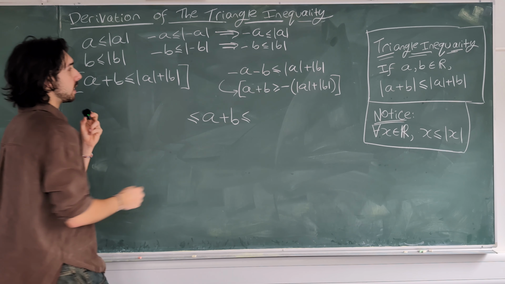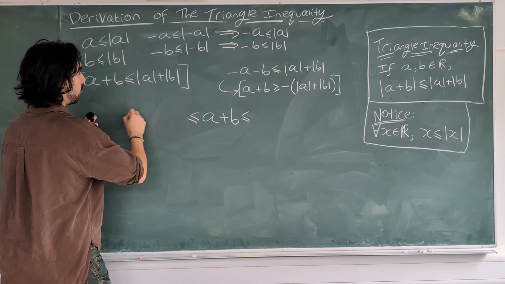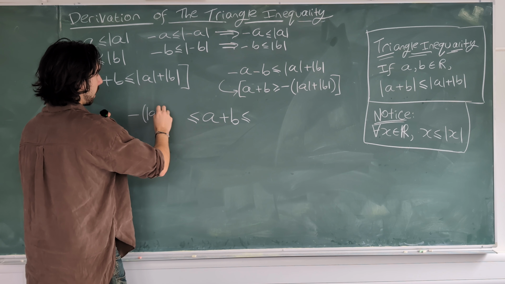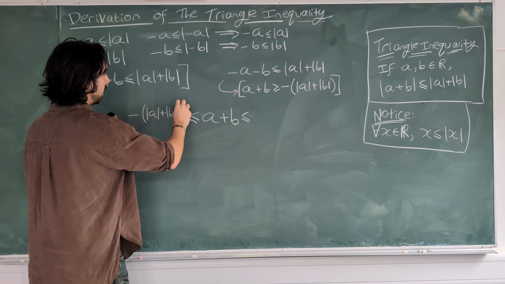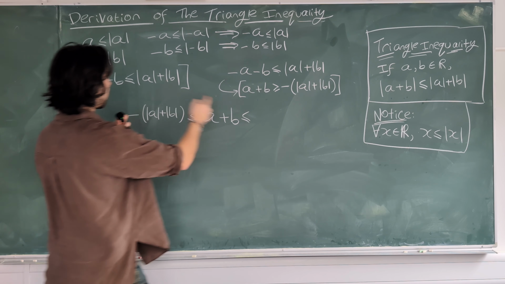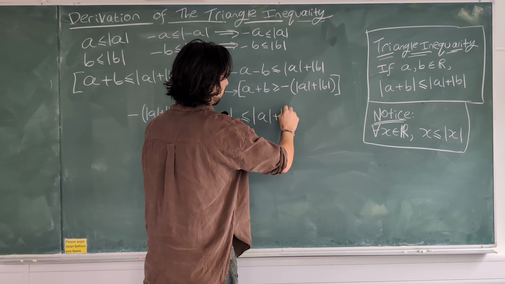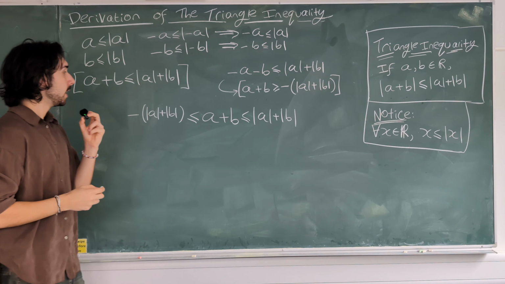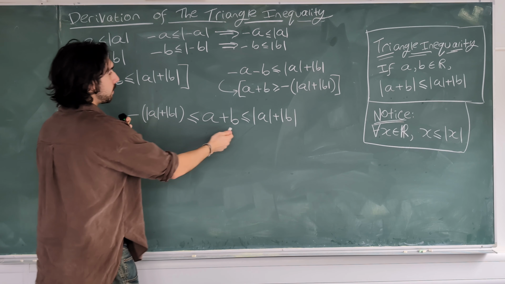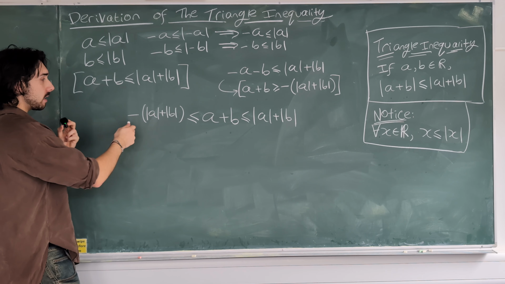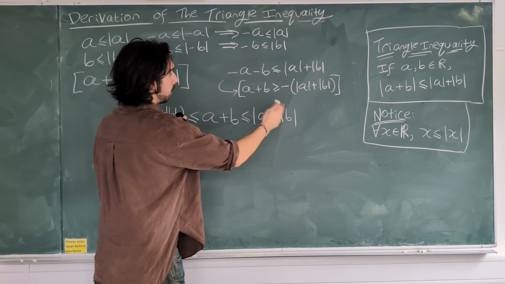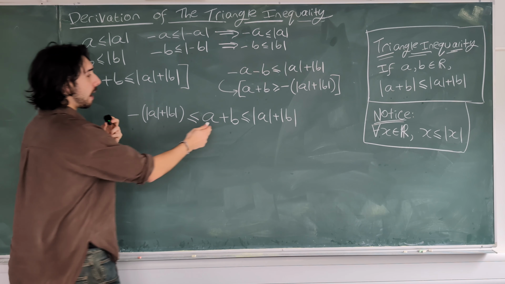So we can see that it's greater than or equal to minus the absolute value of a plus the absolute value of b, whilst being less than or equal to the absolute value of a plus the absolute value of b, like that. Now, because a plus b is in between minus something and plus something,